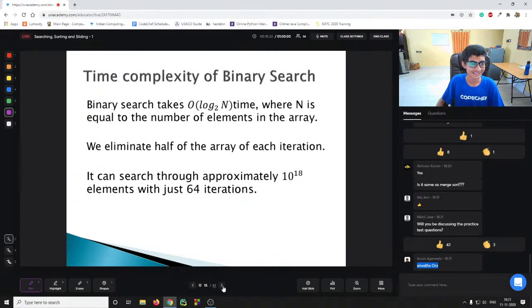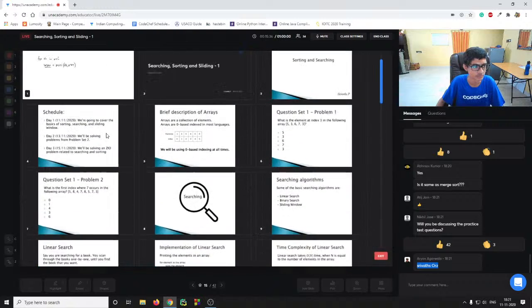Okay, so let me go to the next part. Time complexity of binary search. So binary search takes O of log n base 2. So let's see how this is true. So let me jump up to the empty